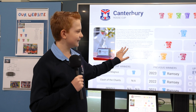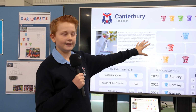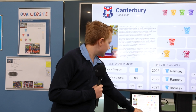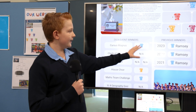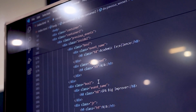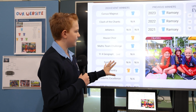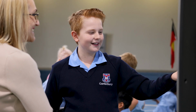a website about the House Cup, and we had some ideas to include a leaderboard, a description about the House Cup for anybody that might not know what it is, as well as previous winners for events that we've done this year, previous winners from different years, and we did this by using HTML code as the structure of our website, and have all the elements that make up what you would think a website is, as well as CSS